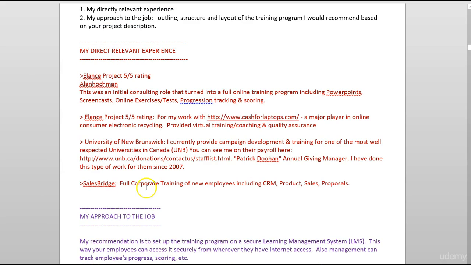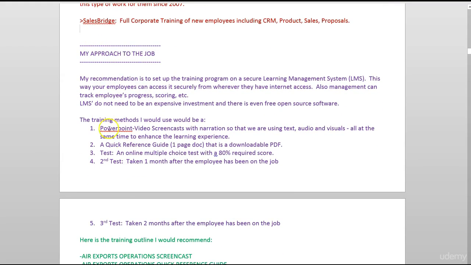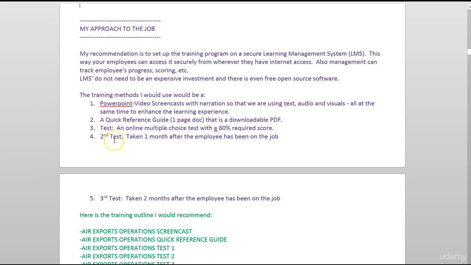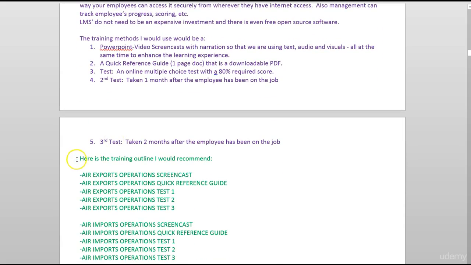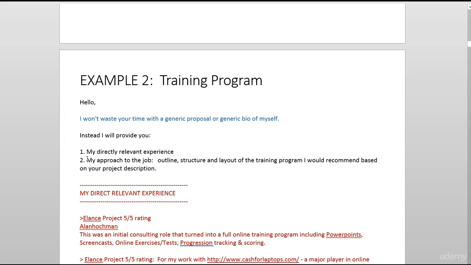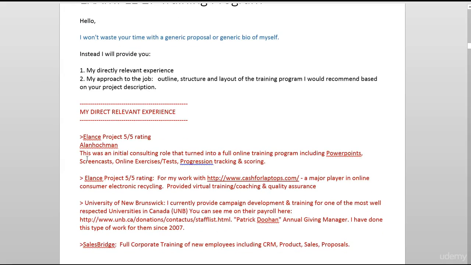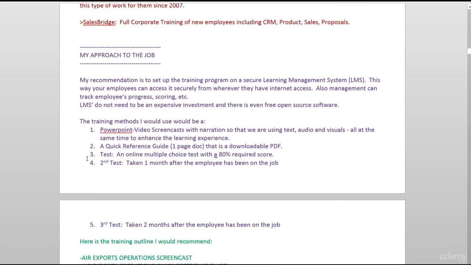Some of these are similar to the other ones. And then I give them my approach. You can see the order is not always the same, but here's my approach to the job. Now in this case, because they want to put together a training program, I don't even have the materials to put the training together. I don't know enough yet to write up training, plus it would be a massive amount of work. But what they did provide in the project was all the different types of topics they wanted to cover. So what I did was I said,